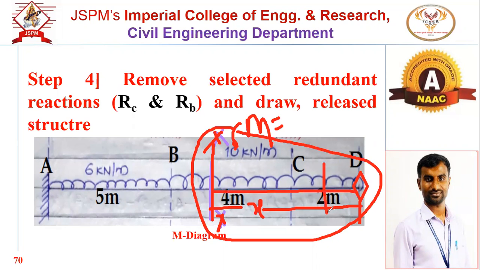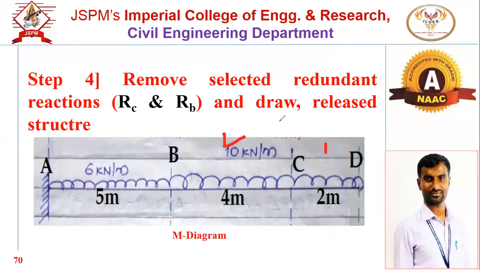Initially it was in CB. UDL is the same, distance is also x. Just that the section line we have extended in between BC. The distance is extending, but how much is it? It is x. All the distances are in terms of x. So that's why here the answer will also be minus 5x square, means minus 10 into x by 2. Means for BC zone also the answer will be minus 5x square. For CB also minus 5x square, because x we are increasing. Means for both the zones, it will be minus 5x square.